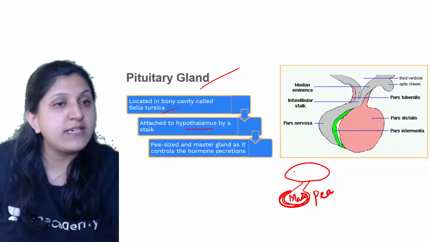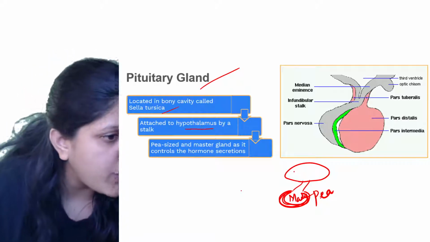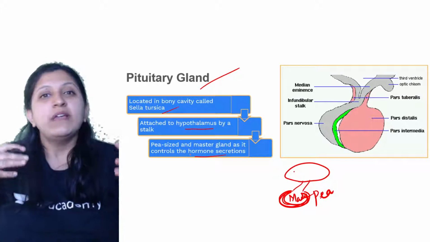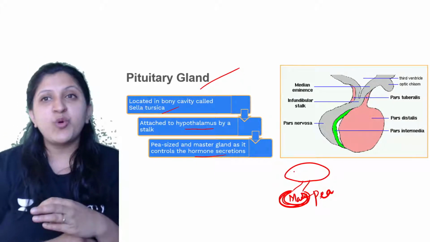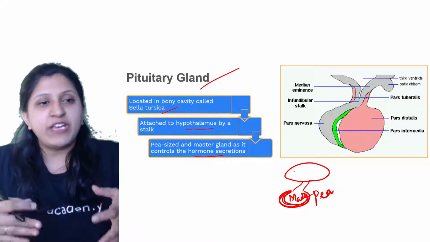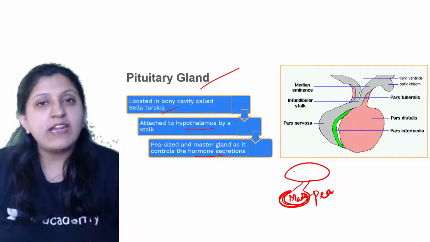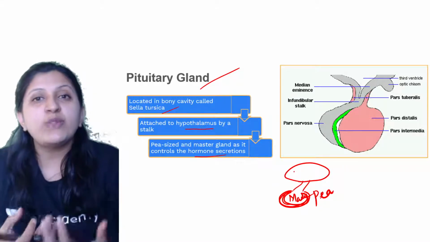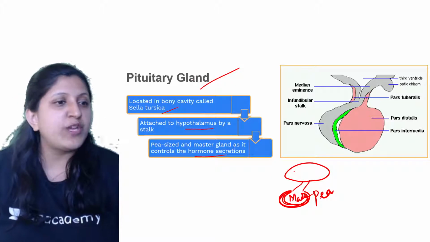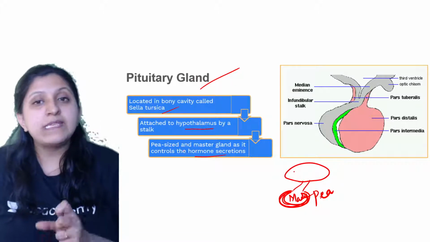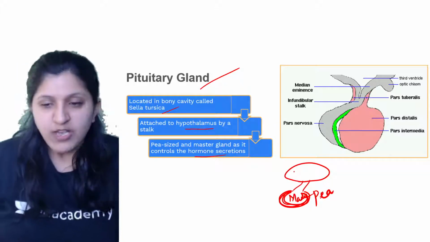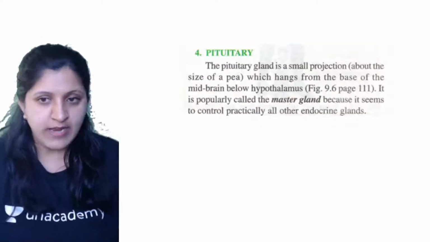Why do we call it a master gland? Any idea why we call it a master gland? It controls the hormone secretion, the male sex hormone, the female sex hormone. If a woman is delivering her baby, labor has to occur, and in that a hormonal role plays a part. If growth is occurring, there is a hormone that is required. So the pituitary gland performs a lot of functions, where it is a master gland which will control the function of many other glands. That is why it is called a master gland.